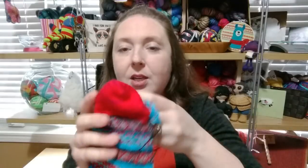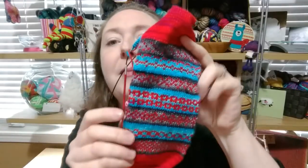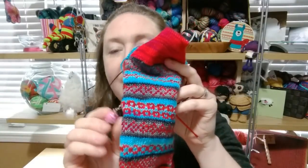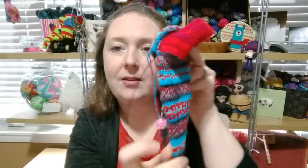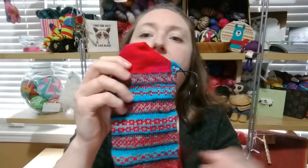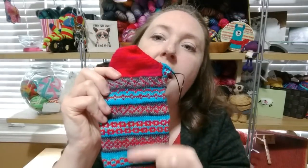So I'm still really enjoying this pattern. You can see where my little narwhal is. See my little hello, there he is, he's so cute. That's where I was when I showed these to you last time. So I've added in all these new color work charts. I'm still really enjoying picking out the charts,